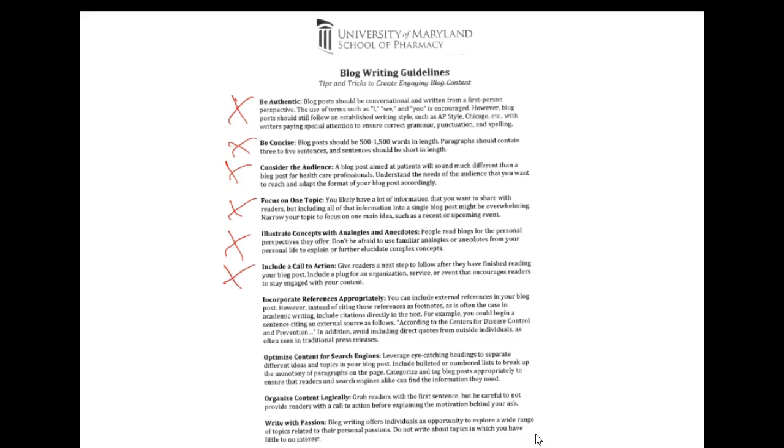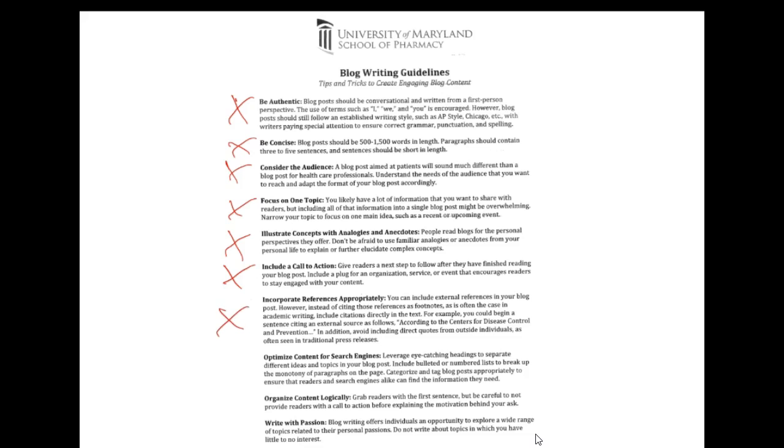Depending on the kind of focus you have in your blog post, make sure you include a call to action, and this can range from asking people to buy something you're making. Sometimes blog posts do that, right? They're writing about something and they're really promoting a product. Now in your case, that will probably not happen a lot, but maybe you want them to join an organization or to look at another website or to do some service in an area that you're really passionate about, participate in a study. So, a call to action at the end of a blog post can be very effective because you usually have your reader's attention. You hold it pretty well.